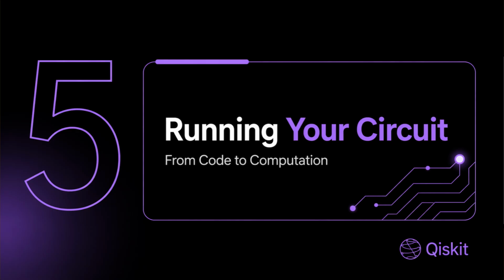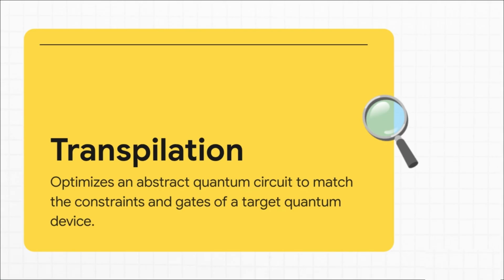You can't just send any circuit to any quantum computer. Every piece of hardware is different. It has its own quirks, its own limitations, like which qubits can talk to each other. So this process is called transpilation, which is basically a translation step. Qiskit takes our ideal circuit and automatically rewrites it, optimizing it so it can run perfectly on the specific hardware